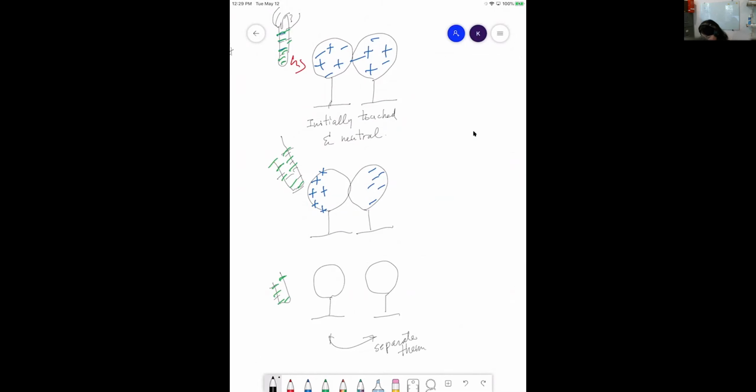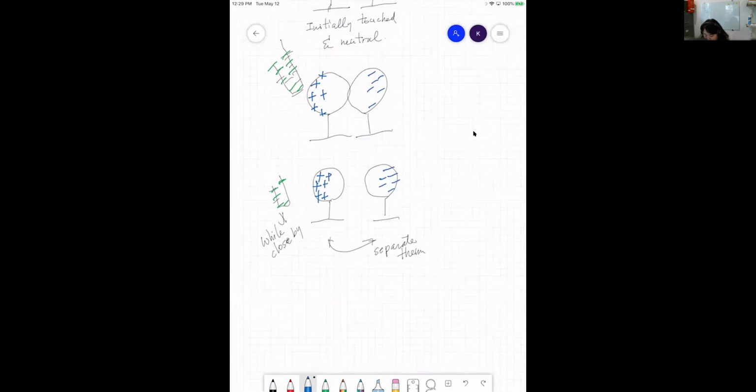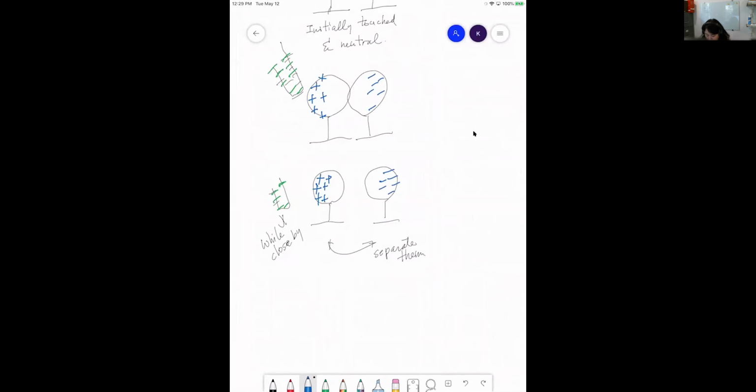Separate them while this is close by. Then still we're going to have a positive on one side and negative 1, 2, 3, 4, 5, 6 on one side. Then I remove this charged object away. This one and this one, now they're going to be individually